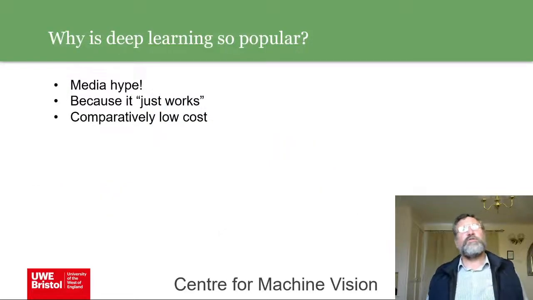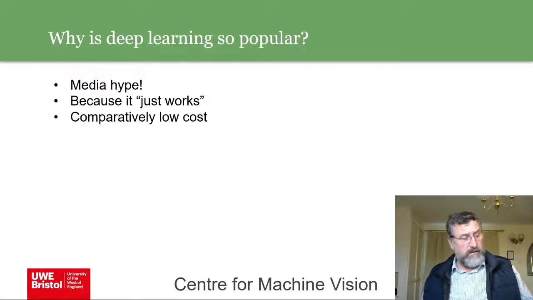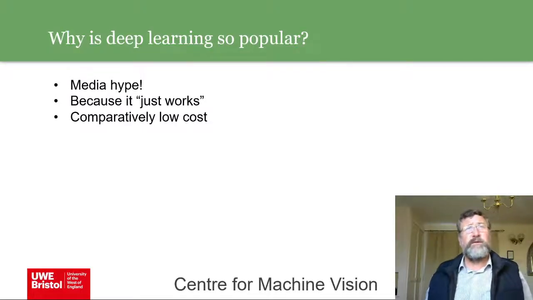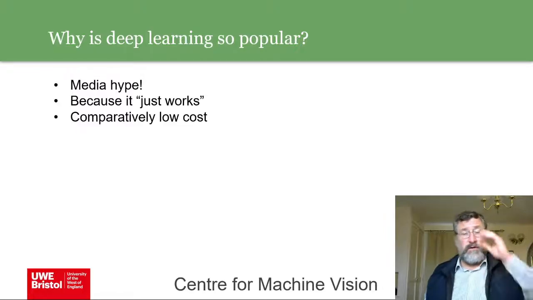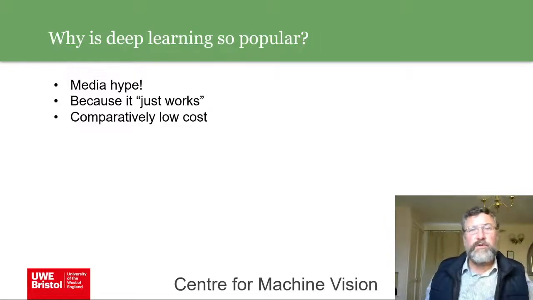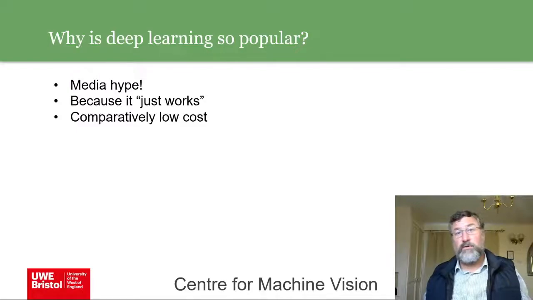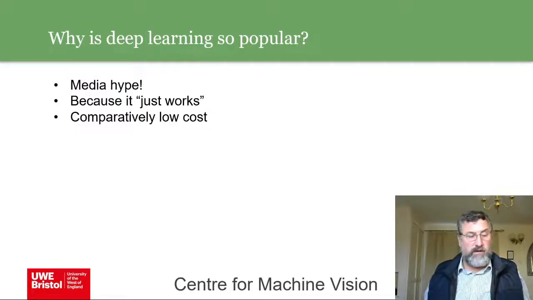So why is deep learning so popular? Well, a lot of things get a lot of hype around them, but in this case, I think the hype might be justified. And because it works, that's a pretty good reason for liking it, and it doesn't cost that much. A lot of the software you can use, like Google Colab, is very good, and it even has a GPU online you can use for implementing CNNs. Then, of course, Keras, which is very impressive, and with TensorFlow, use those together and you've got a very powerful potential for